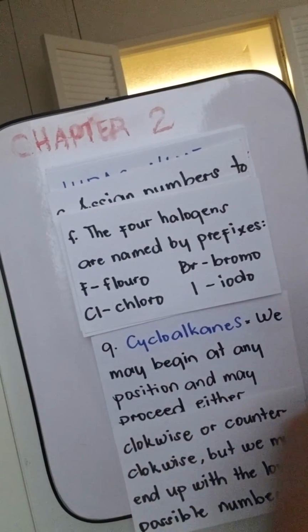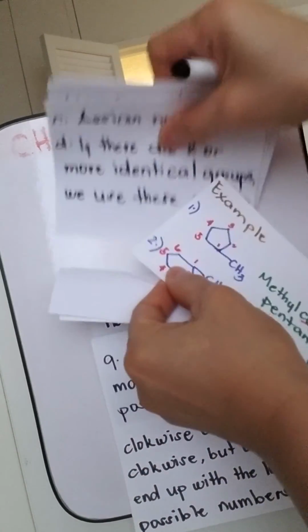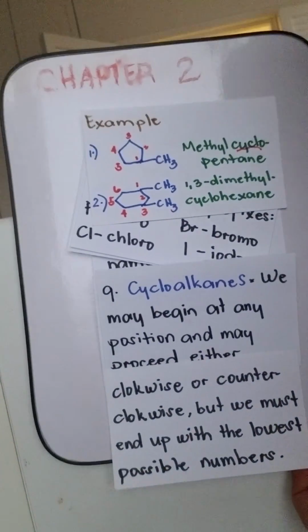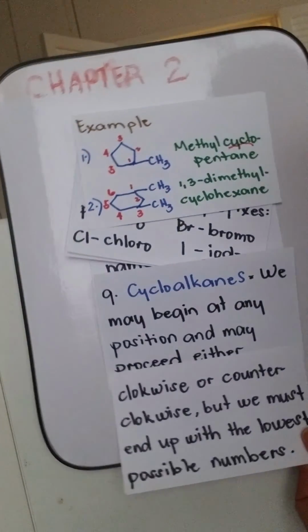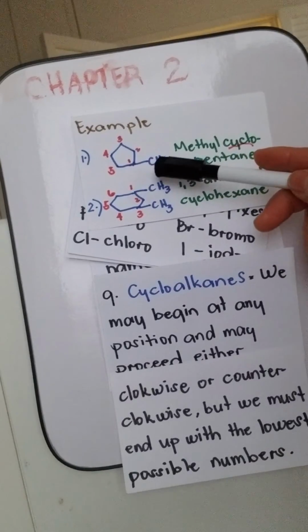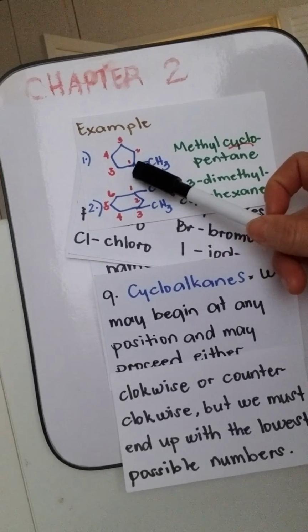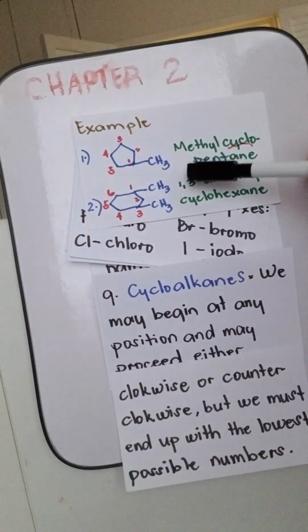It means that, for example, if we have this example right here, okay, if we have this closed ring structure, the branch or the group attached to this first corner, meaning this is your first carbon atom. So you have methyl, and then since this is a